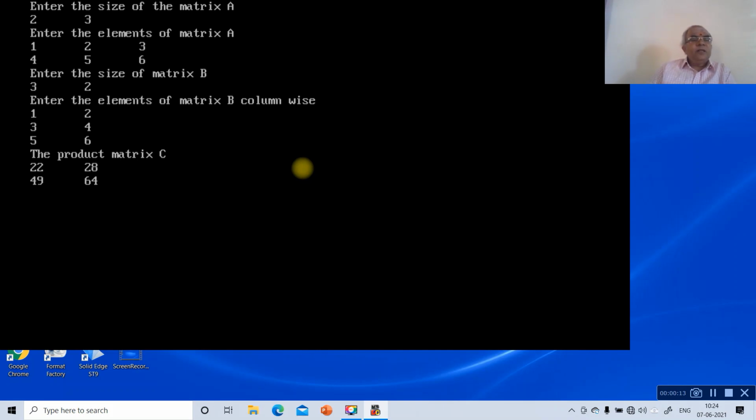Again second row with the second column, 4 into 2 is 8, plus 5 into 4 is 20, 28, plus 6 into 6 is 36, 28 plus 36 will be 64. So second row, second column of the matrix C will be 64.